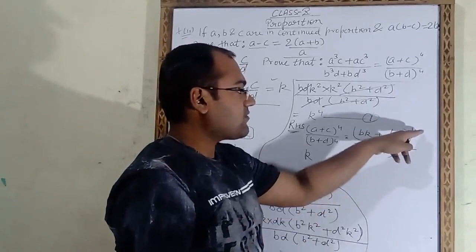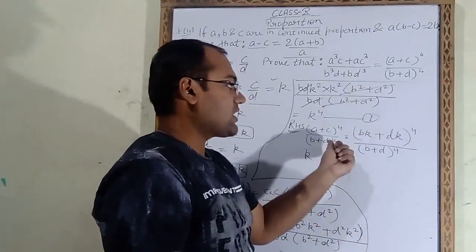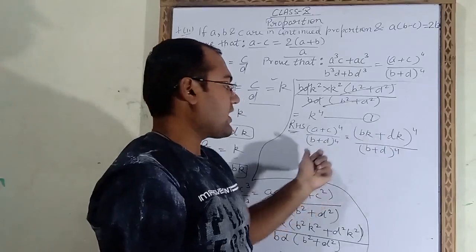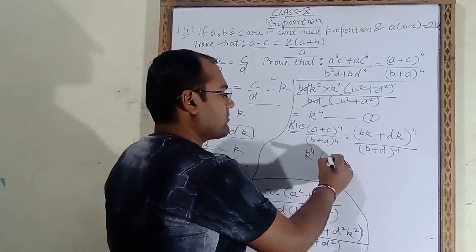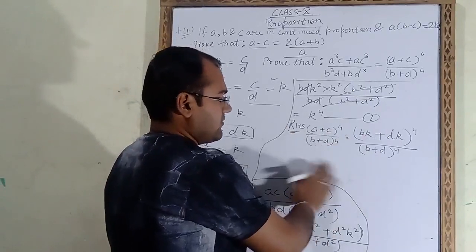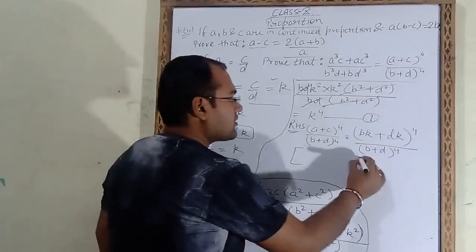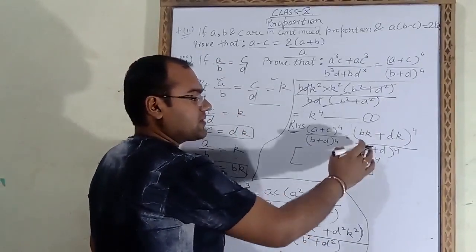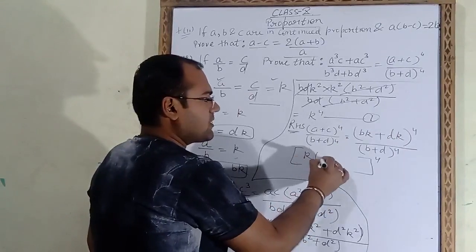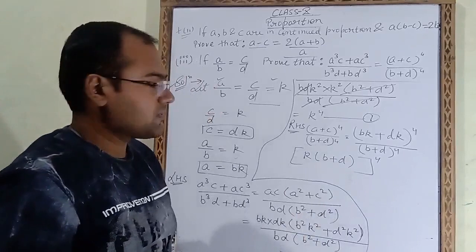Outside this bracket power 4 is also there. So when we take K outside as common, we will not write K, we will write K power 4. The remaining term will be... or if you are getting confused, you can do it like this also. Power 4 we will make outside the large bracket. From these two we will take K common, B plus B. Like this also you can do.